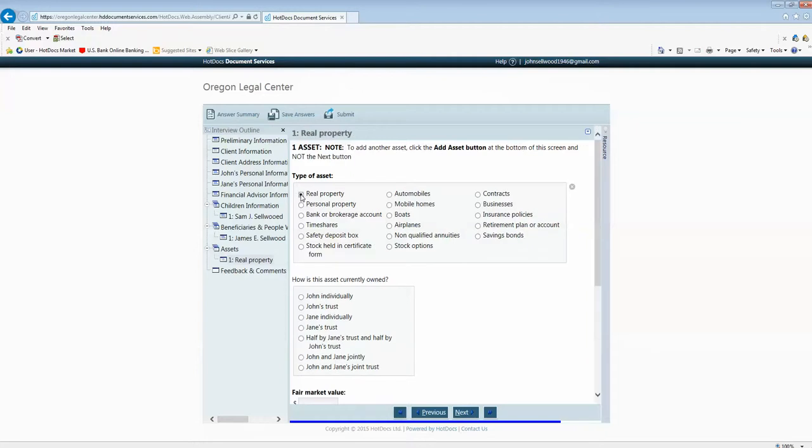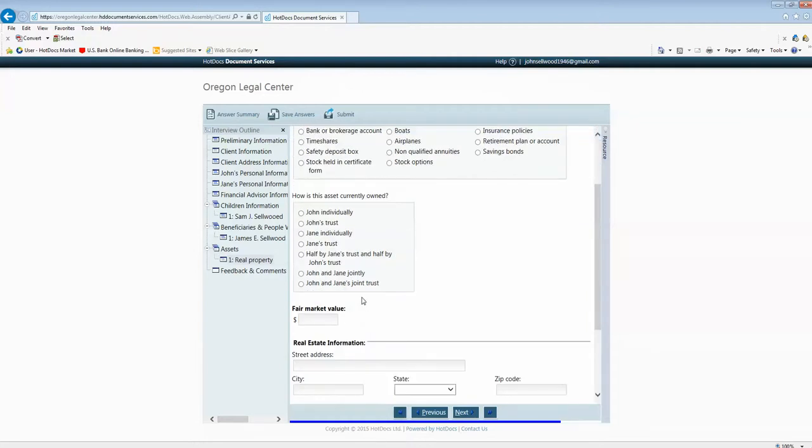So you click Real Property. Then the question is, who owns it? It's either owned by John as an individual, or Jane as an individual, or John and Jane jointly. If they've never done estate planning, their trust wouldn't own it. But if you have already done estate planning with Oregon Legal Center or some other attorney, it may be that your house is already in a trust, either in your joint trust,